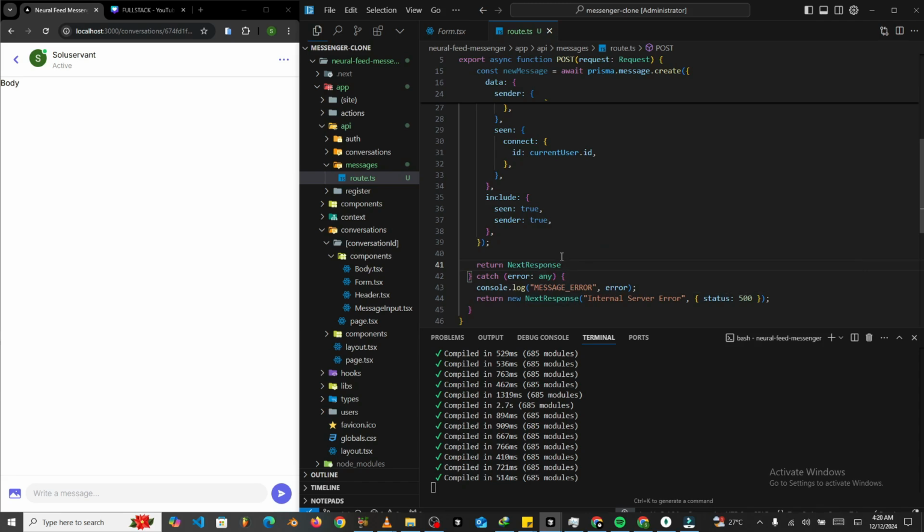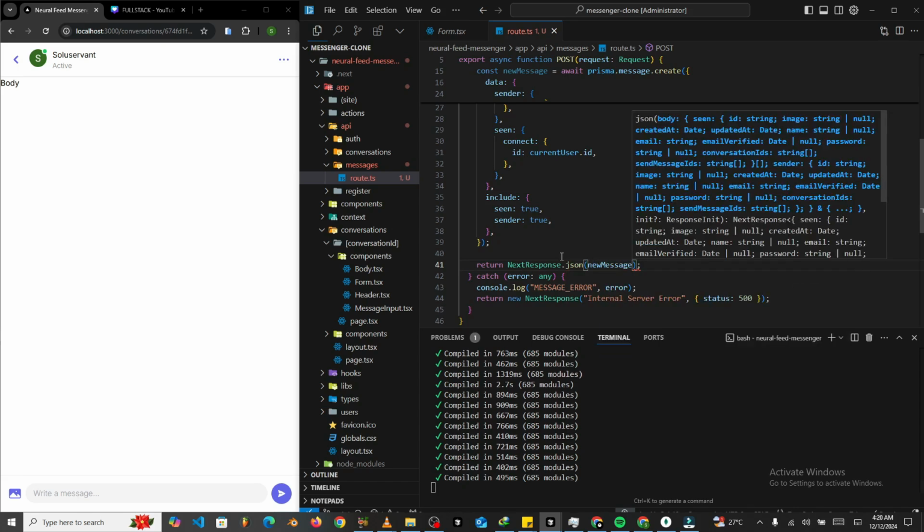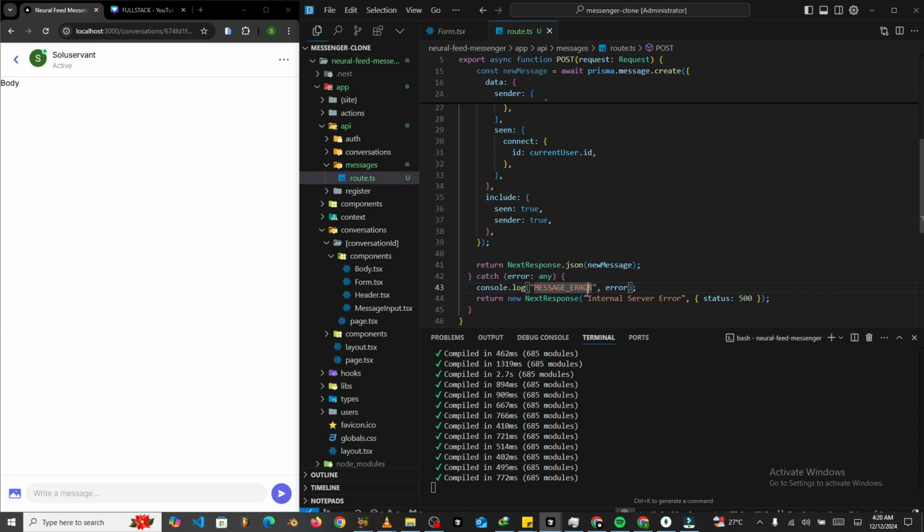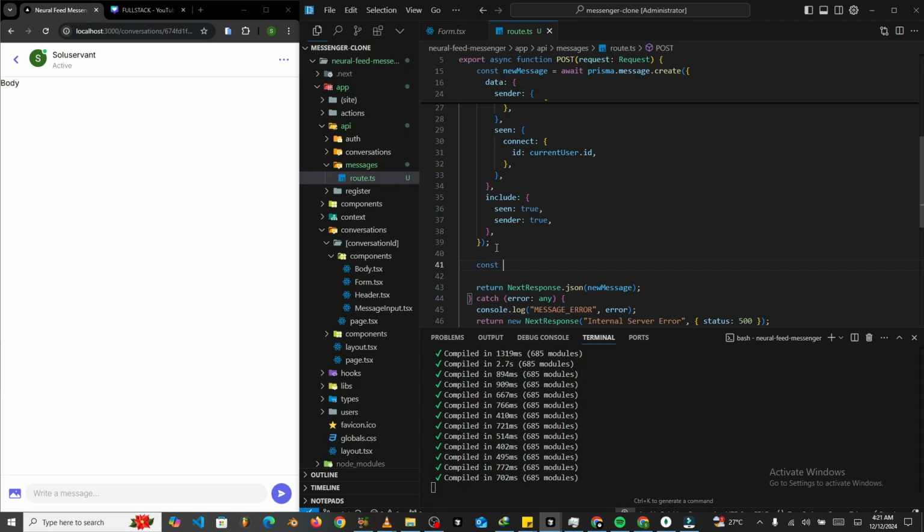Yeah. So next, response.json, and we'll see what new message. All right. So right after responding to this, I want us to quickly set something up. We want to be able to make sure that we can update our conversation or our chat when we need to, because it's an exchange of information, so it's going to have to keep updating itself constantly. In order for us to create that, we are going to say const updatedConversation,